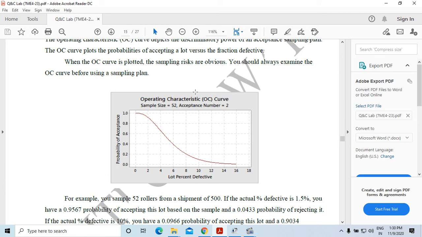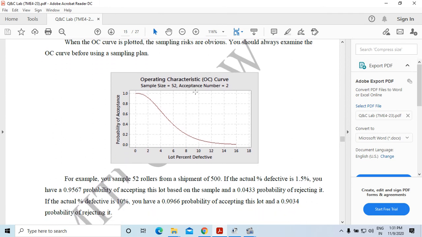Now the type B OC curve. Assuming an infinite lot, the binomial distribution is the correct one. Poisson distribution often provides a good approximation. The viewpoint of the type B OC curve is to evaluate the producer's risk. Now, specific points on the OC curve. Producer's risk, alpha, is the probability of rejection of a conforming lot. To reduce producer's risk, produce at a better quality level. The value of producer's risk is commonly 5%.